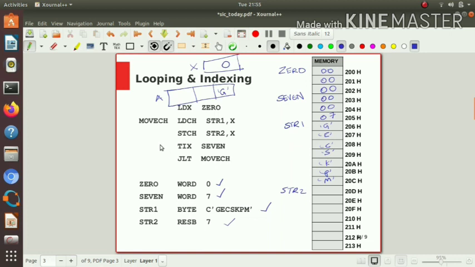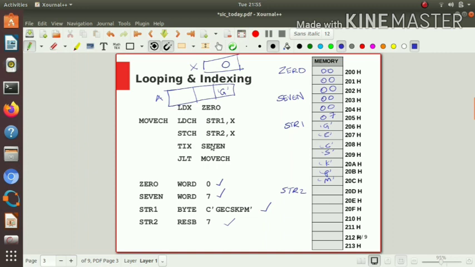Then the next statement is STCH, store character or store single byte into a memory location addressed by str2 comma x. Here also we are using indexed addressing mode. So the address of the operand is str2 plus x value. What is the value present within the x? Here the value is 0 itself.